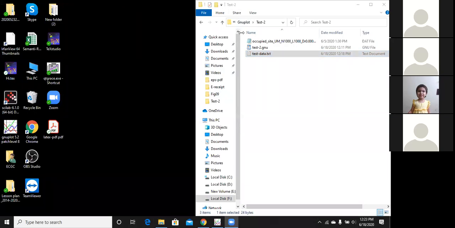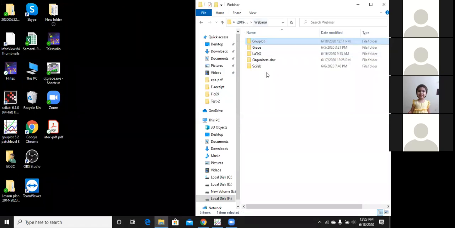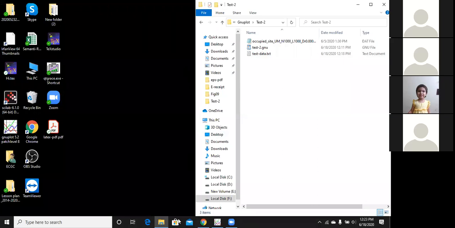Why don't you send the test2.gnu also? Oh, that I didn't send. Okay, I'll do that. One second. That will help to go to that particular folder in the Windows screen. I mean the gnuplot screen. I don't know any other way in Windows.